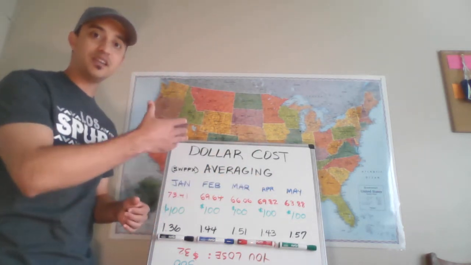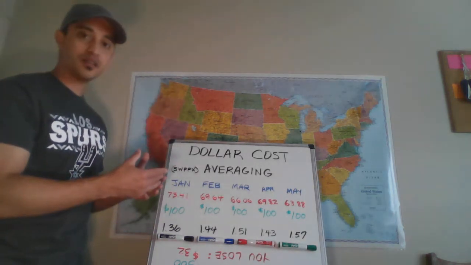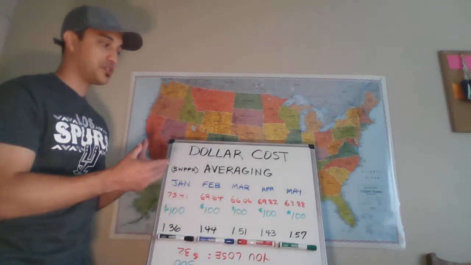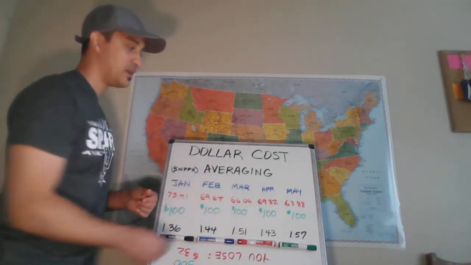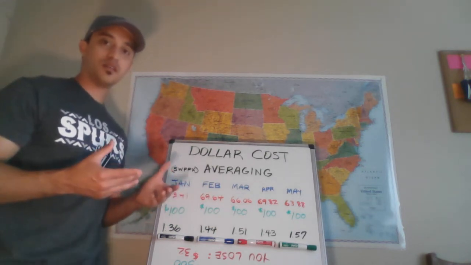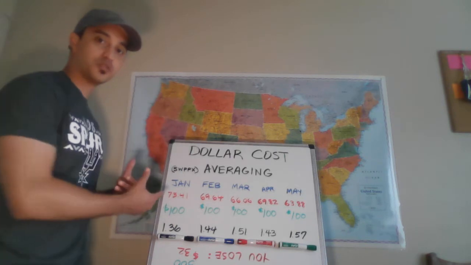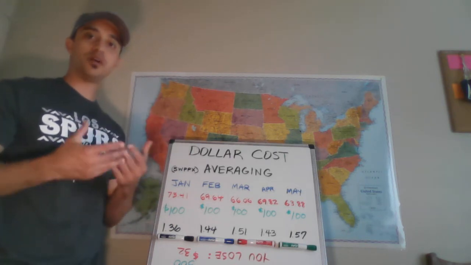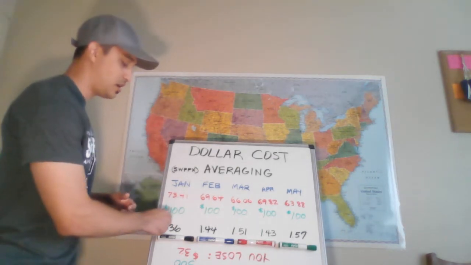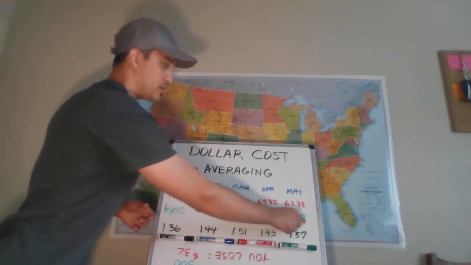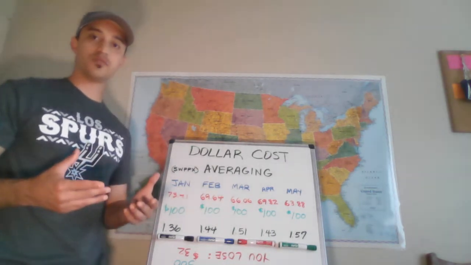When it's at 80 and you decide to sell it, well, you've been buying shares this whole time that have been in the 70s and the 60s primarily. And then let's say it gets to 80, you're going to have more money then than you had when you started. So it's going to benefit you to hold on to the shares and keep on investing this $100 a month. Keep doing that. So that's the whole point of dollar cost averaging.